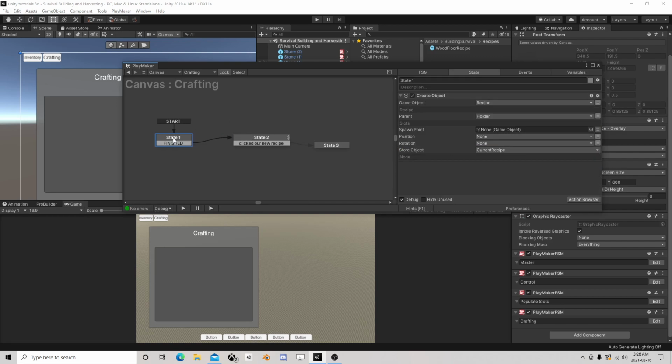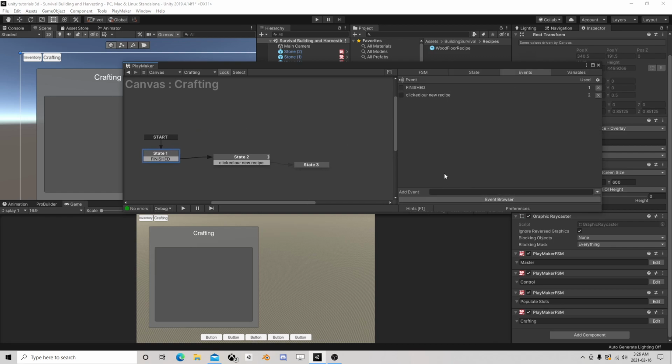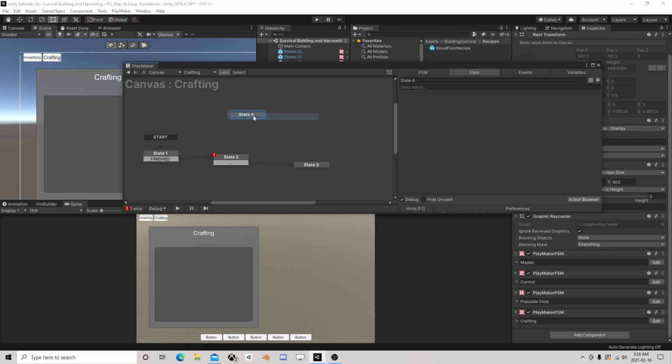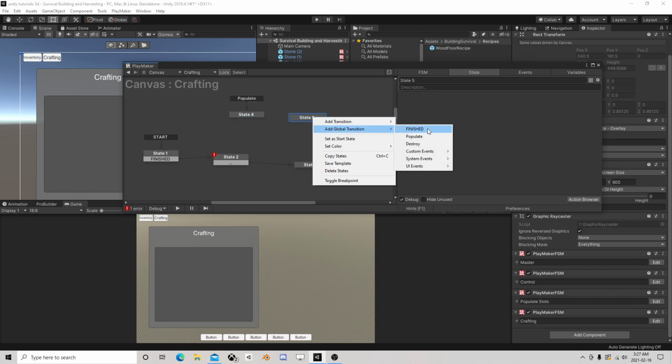So let's do, okay, let's get rid of him and do a populate and destroy, just like the other one. So we have a populate and a destroy,